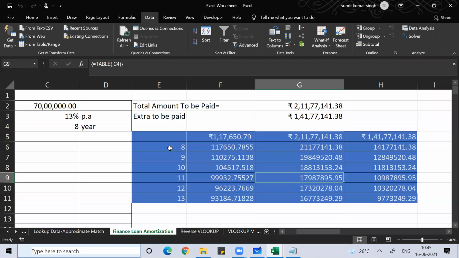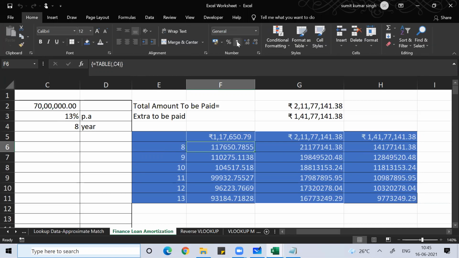So if you've taken an 8-year loan, then what is your EMI? You can put a comma and all here to understand this better.